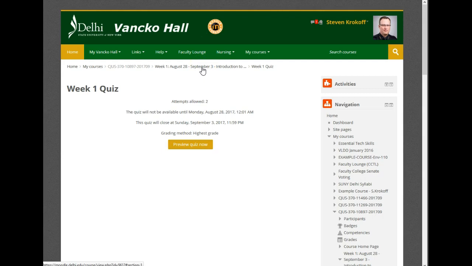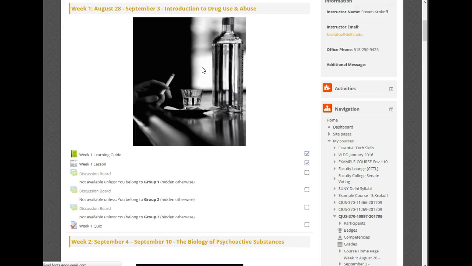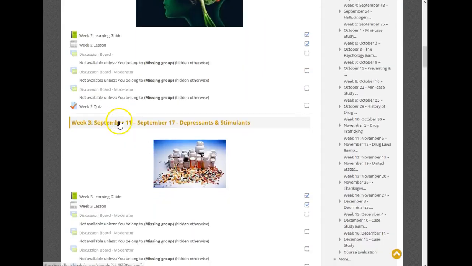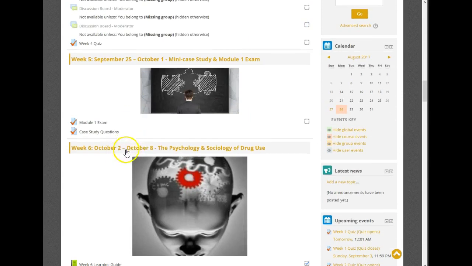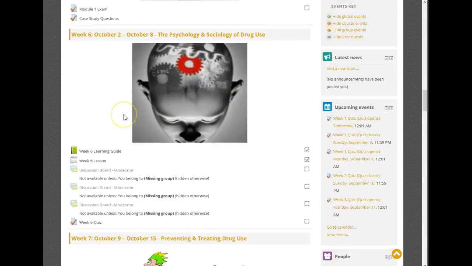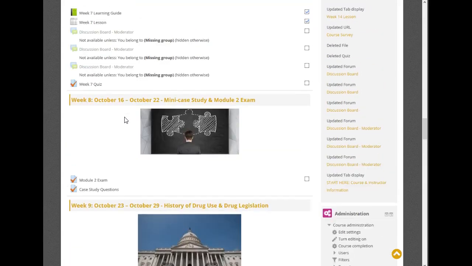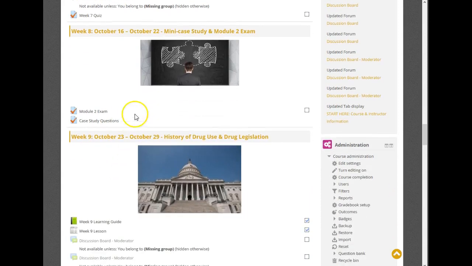And this is basically how this class is structured. The only differences you'll see throughout this is when you hit the module exams. So week 5, we'll have a module 1 exam and a mini case study. We'll get more into that as the semester goes. Same thing with week 8, module 2 exam, case study. They're mini cases.